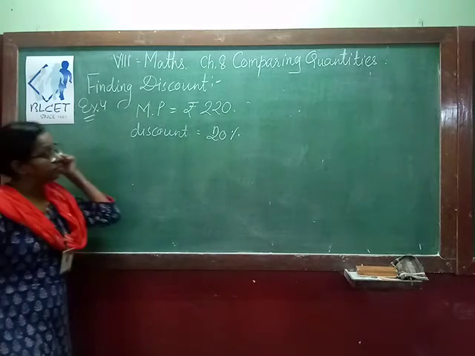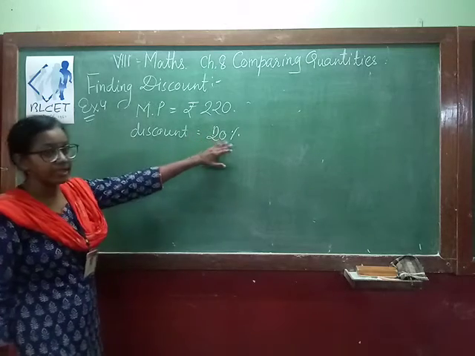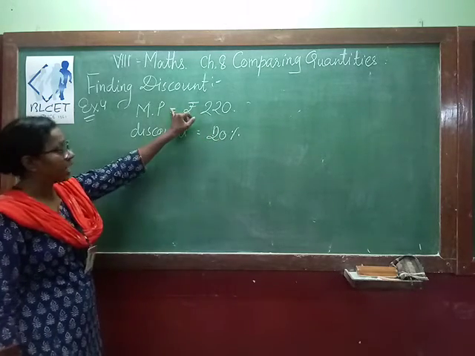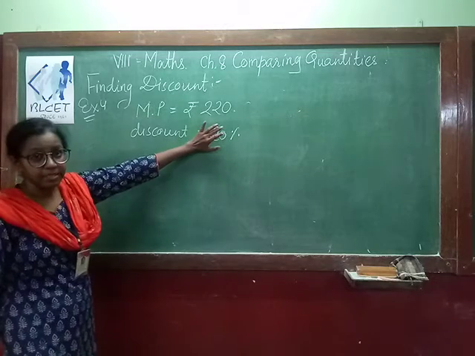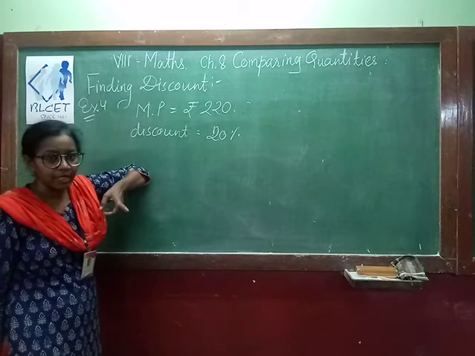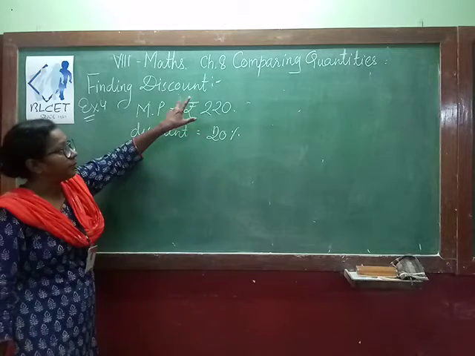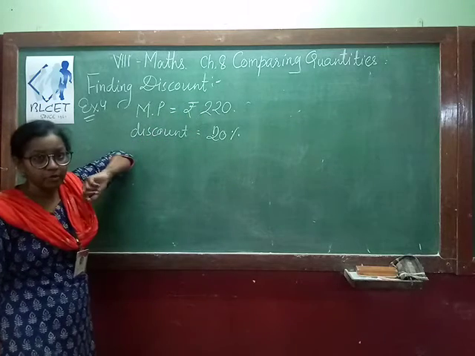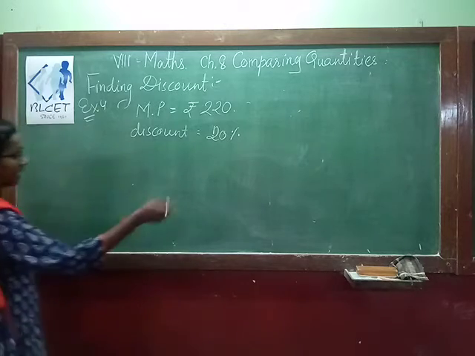So what we have to do? 20% discount is given in the percent. Discount is given in the percentage. We know the mark price of frog, that is your 220. So what we have to do? 20% means if your mark price is 100 rupees, then your discount is 20 rupees. So if your mark price is 220, then what is your discount? That is your unitary method that we will not follow. So we directly follow the